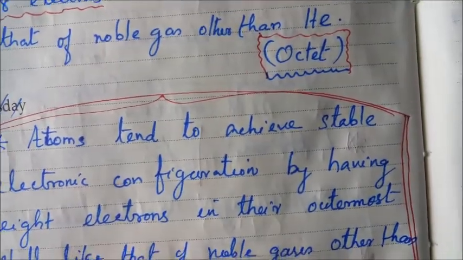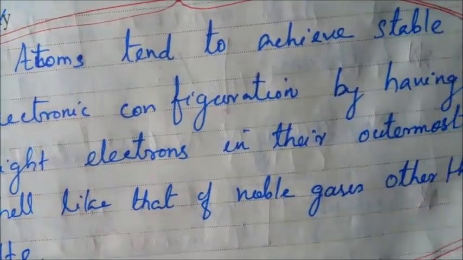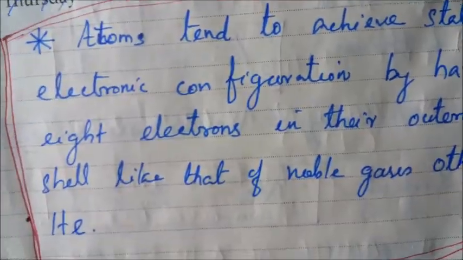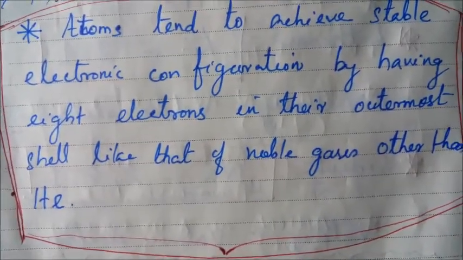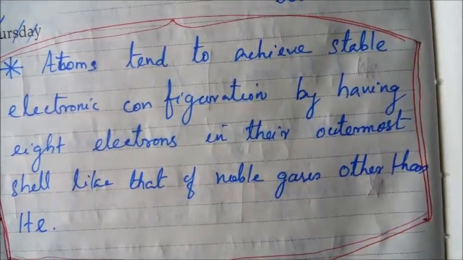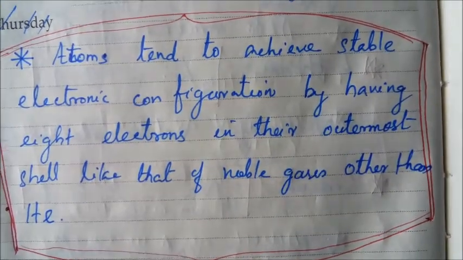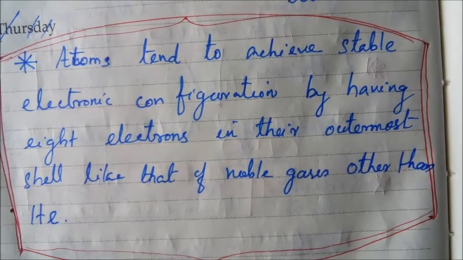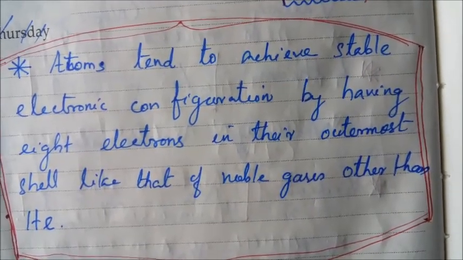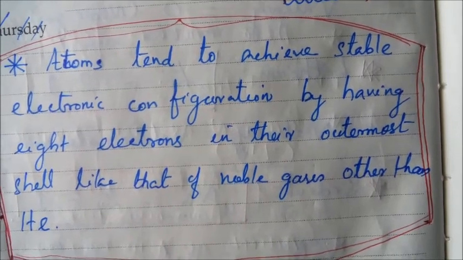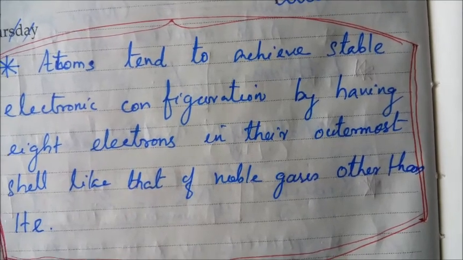Atoms tend to achieve stable electronic configuration by having 8 electrons in their outermost shell, like that of noble gases other than helium. Already I mentioned for helium it is a duplet nature. Other than helium we call it octet nature. That is what we call the octet rule. It is very important. When the outermost shell is completely filled by 8,